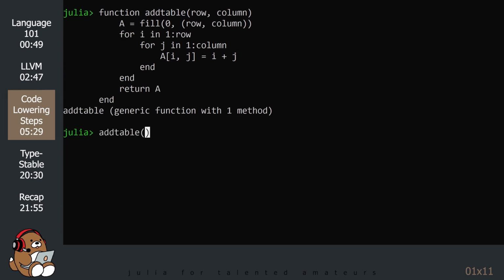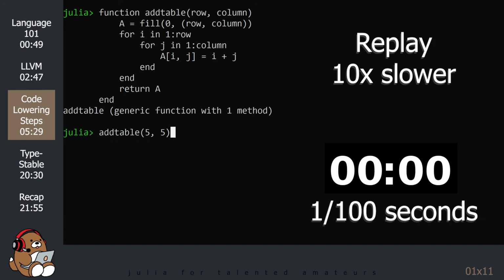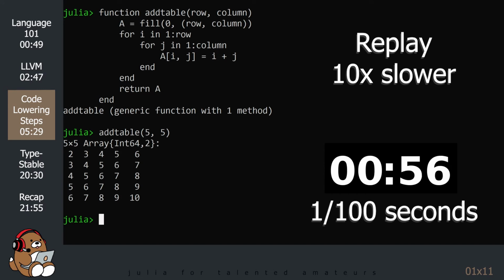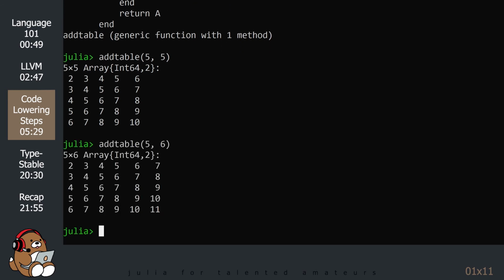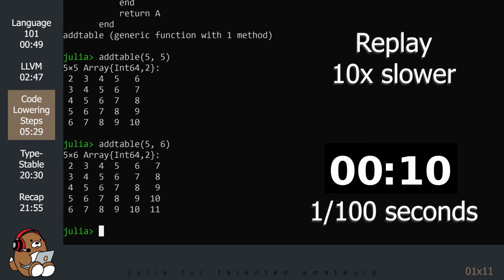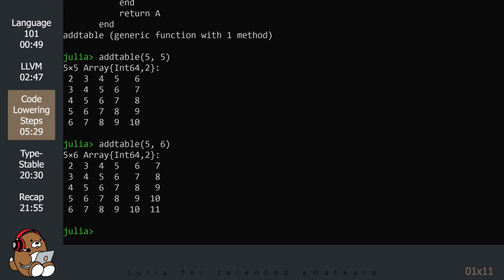Now, watch closely to what happens after I hit enter. Did you catch it? There was a slight delay. Now watch it again as I call the same function using different arguments. See, there was no delay this time. That's because the first time you call a new function, Julia goes through all of these steps to compile the source code for that function. Once it's been compiled, the native machine code is stored in your computer's memory, so Julia doesn't need to compile it again the next time you call it.